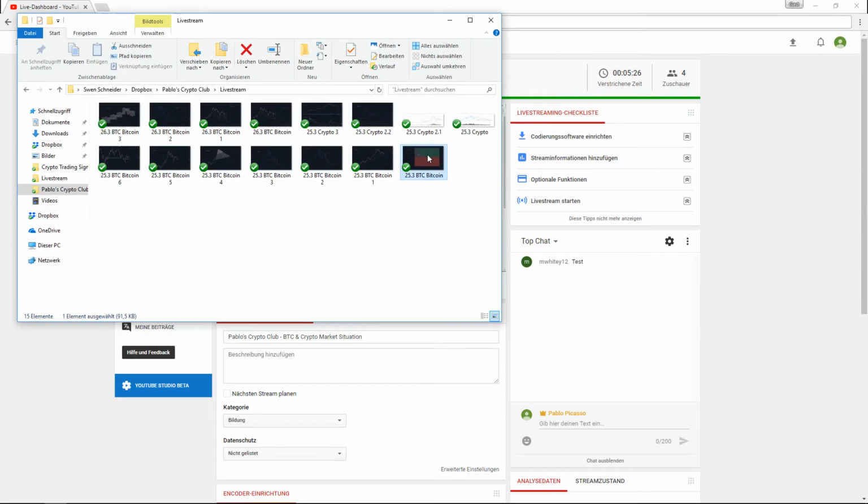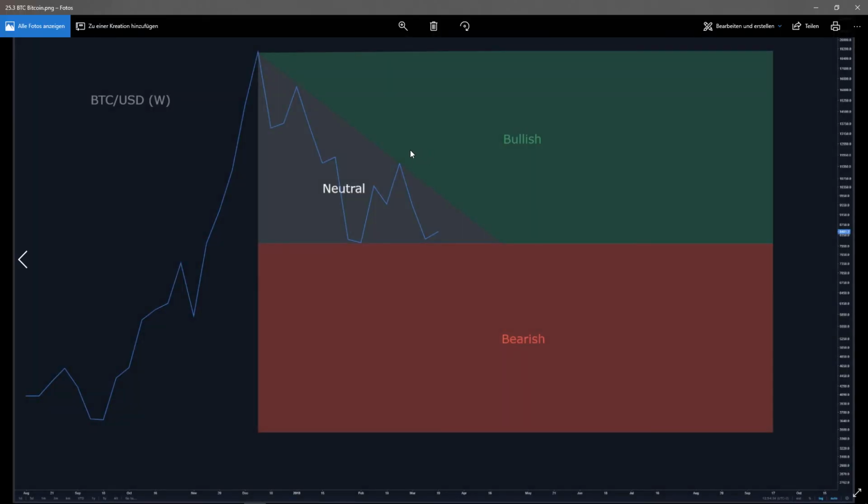Here we go. I want to start out with the weekly chart where we can see a descending triangle, and basically the descending triangle is a bearish formation, and it generally breaks out to the bottom. However, it can also break to the upside, which I think is less likely because the general market situation is bearish, so continuation is always more likely than reversal. And so basically we need to wait for the weekly candle to close below this line right here. Until then,